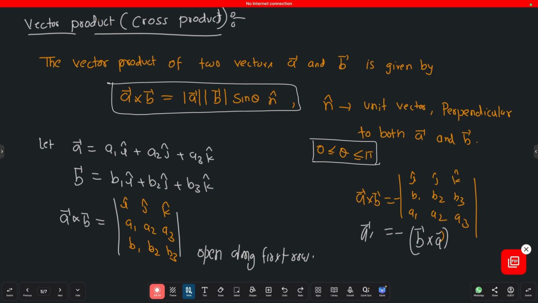So you should always remember cross product is not commutative. Okay? A dot B is the same as B dot A. But A cross B is not the same as B cross A. In fact, A cross B equals minus B cross A. If you interchange the position of A vector and B vector, then you have to put one negative first. Okay? This property is used